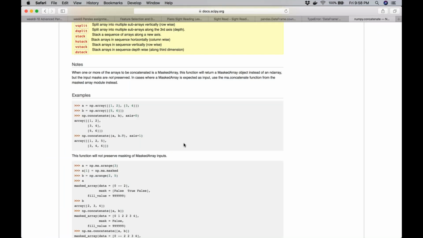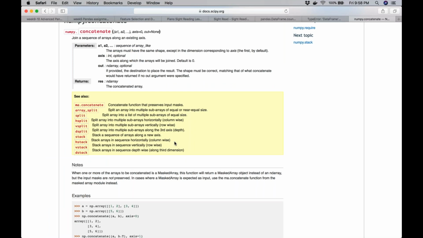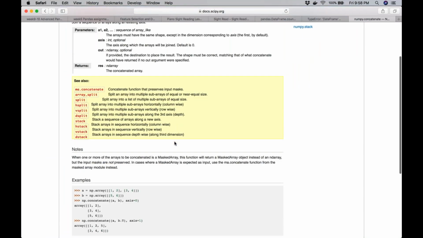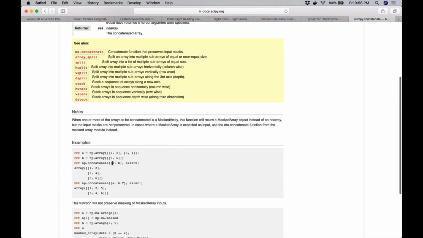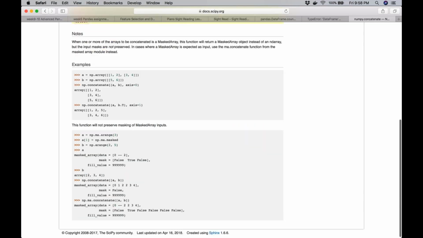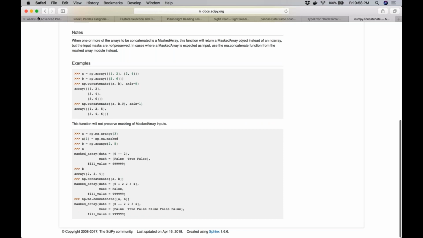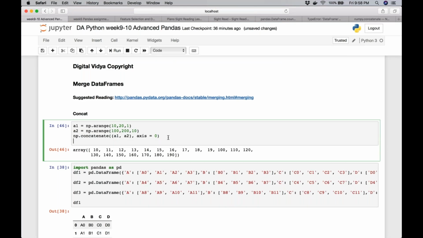This should have concatenated at... so we have our array A and array B, and then when I concatenate, okay, let's hold this. So there is another function that we talked about, that was horizontal and vertical stack, correct?